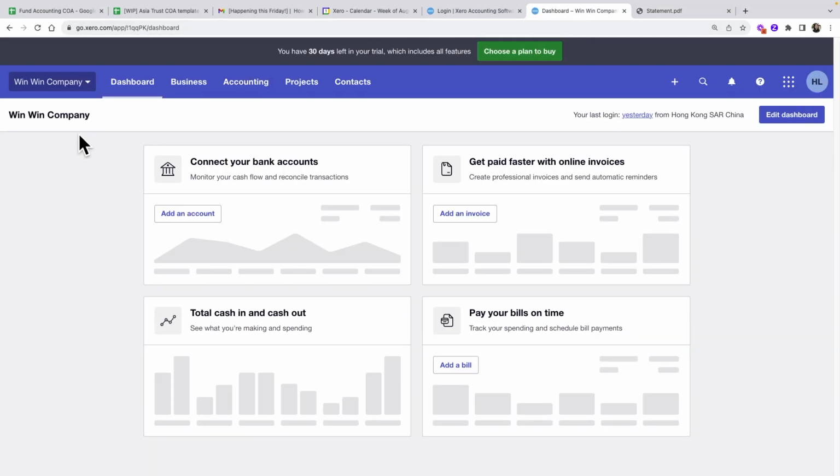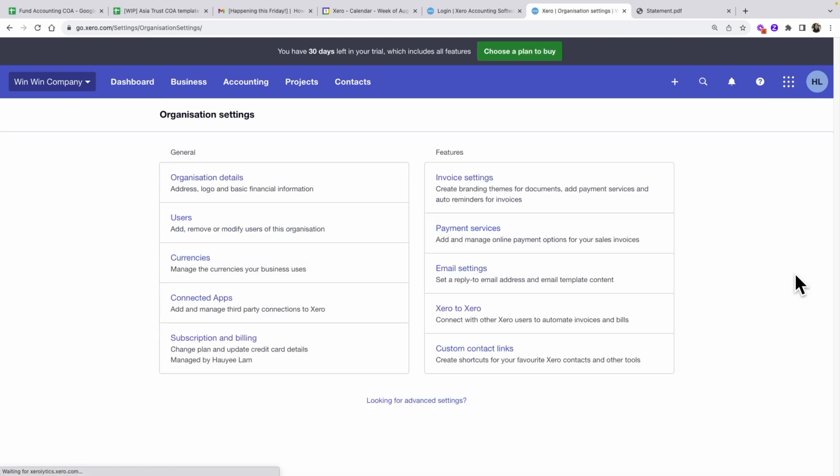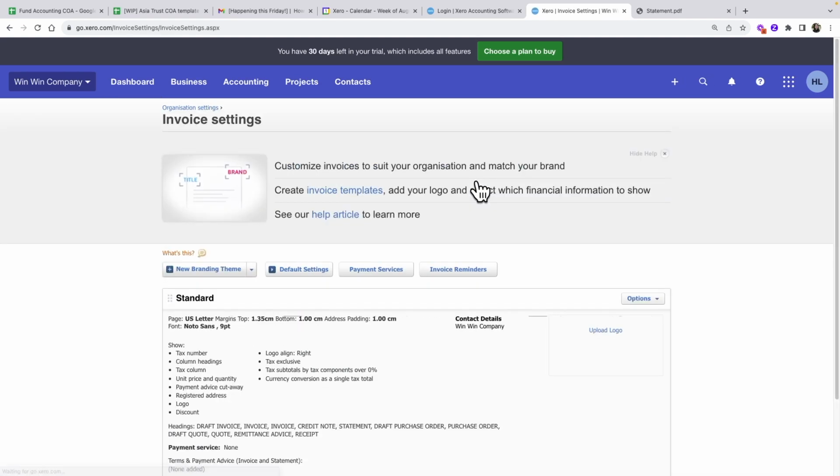So if you go into the Xero screen, you have to access the organization settings, and under the settings, you go to invoice settings, and you see an existing standard template here. But if we want to cater to the issue of showing all the reference in full, we'll have to make use of another type of customization of the invoice. You move your mouse to New Branding Theme, click on Custom.docx,